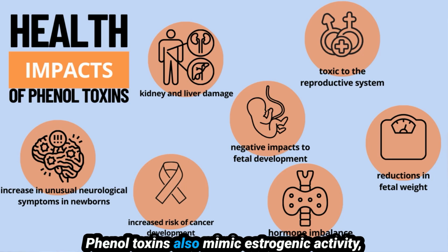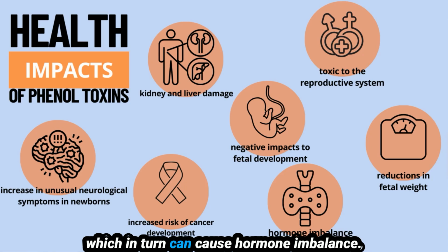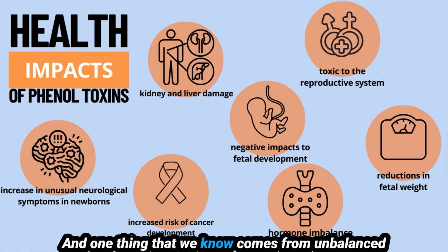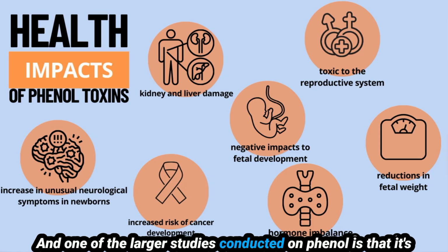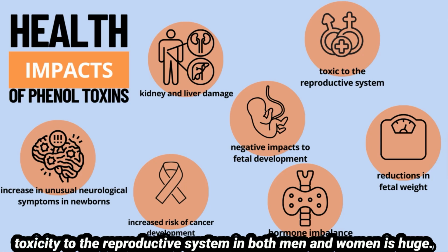Phenol toxins also mimic estrogenic activity, which in turn can cause hormone imbalance. And one thing that we know comes from unbalanced hormones is an increased risk of breast cancer development. And one of the larger studies conducted on phenol is that its toxicity to the reproductive system in both men